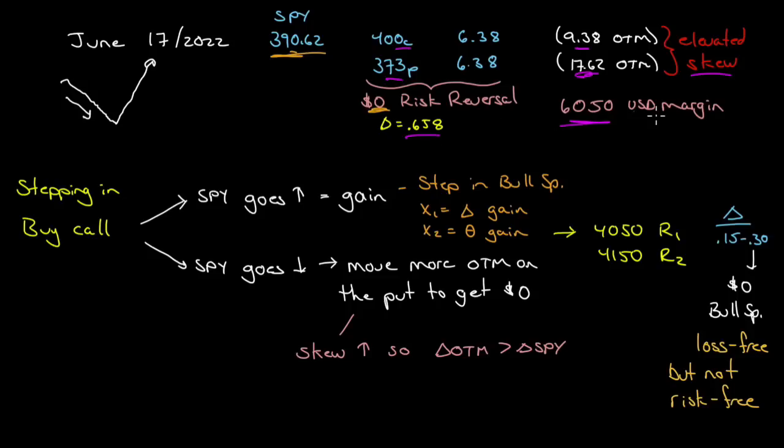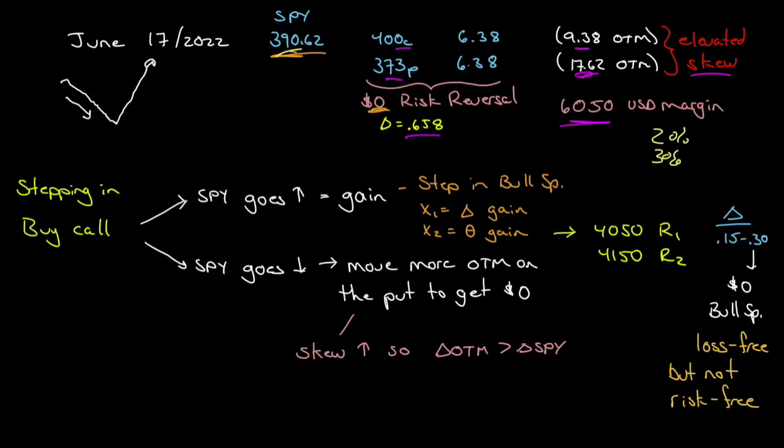It's going to require margin, $6,050 US in margin. If you're in the US, the margin is based on 20% of the price minus what's out of the money. If you're in Canada, it's 30%. It's going to cost you closer to $9,500 US margin to get that done. You don't have to put this all on at one time. If you had taken the options course that I have, you know that we can step into this, and it gives you flexibility in what you can do after.